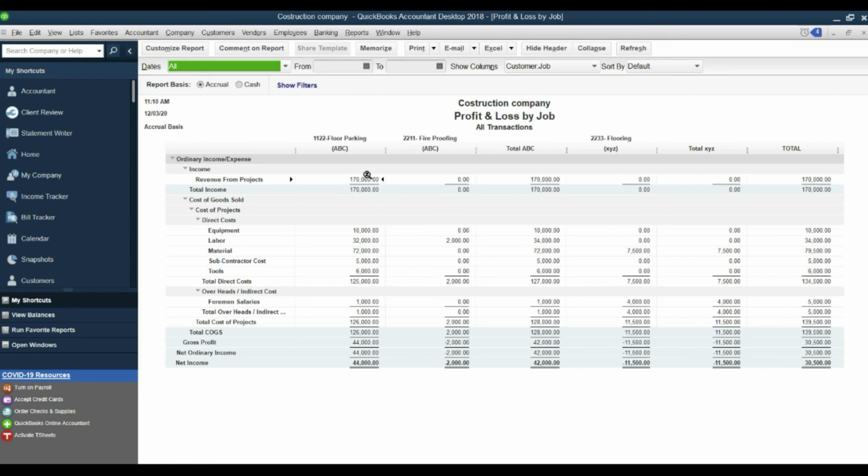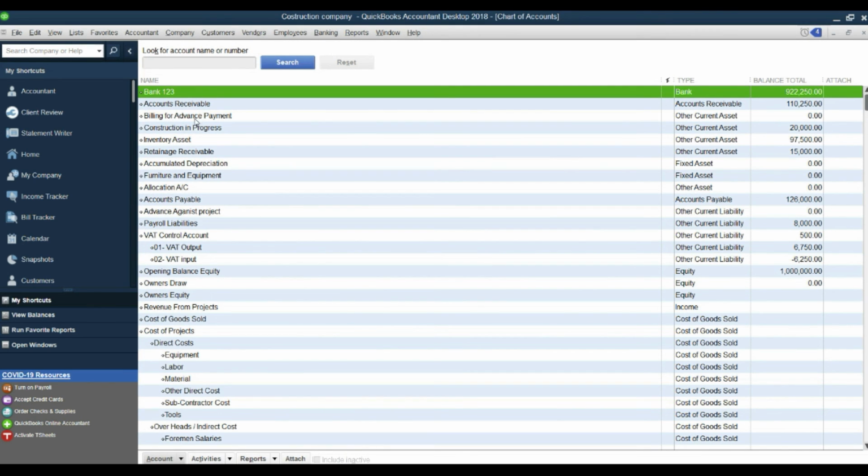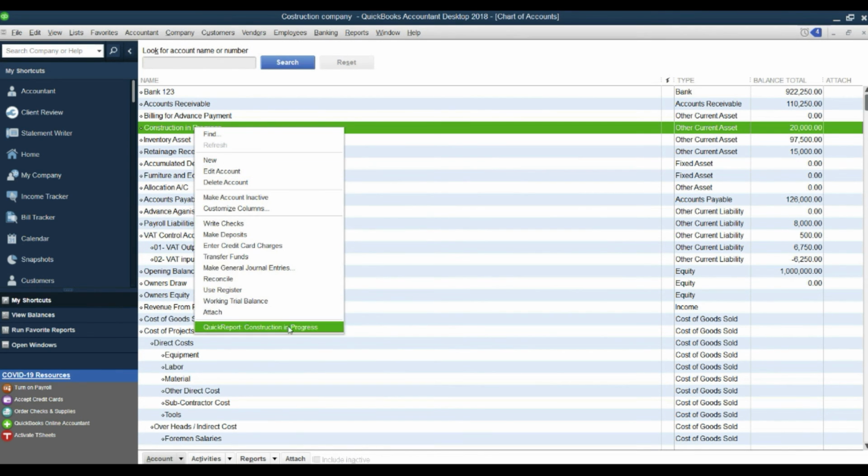But at the time of invoicing to the customer, we have invoiced them for 45,000, which includes the work of both year 2020 and year 21 as well. So to come out of this problem, what we have to do is a reversal entry. Go to the list, chart of account, or you can just go and open that entry